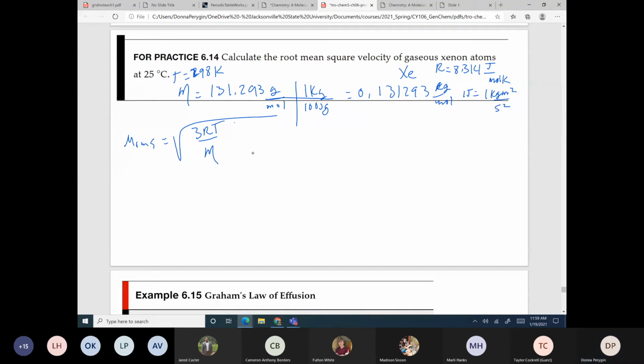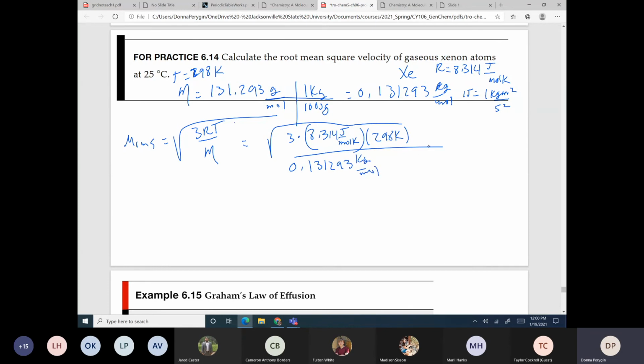Okay, so this is equal to the square root of 3 times 8.314 joules per mole Kelvin times 298 Kelvin divided by 0.131293 kilograms per mole, which is equal to the square root of